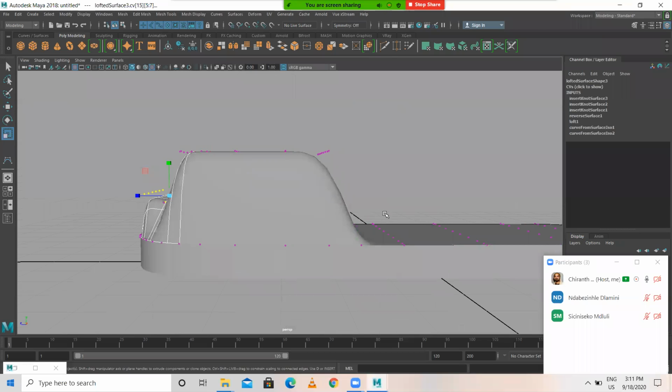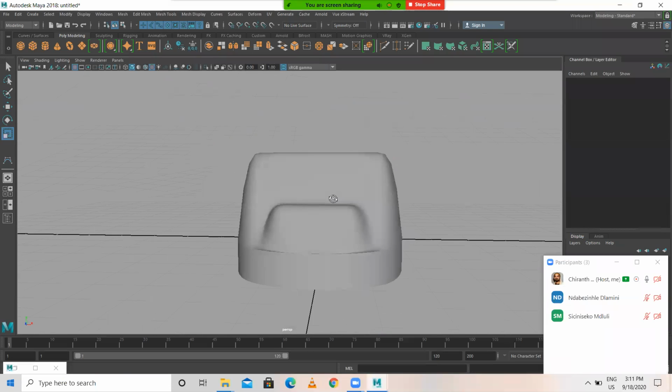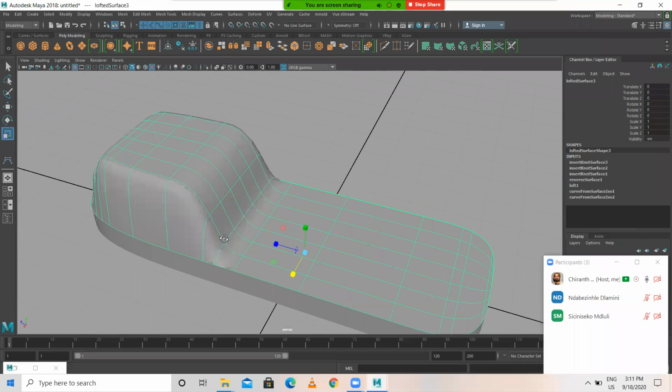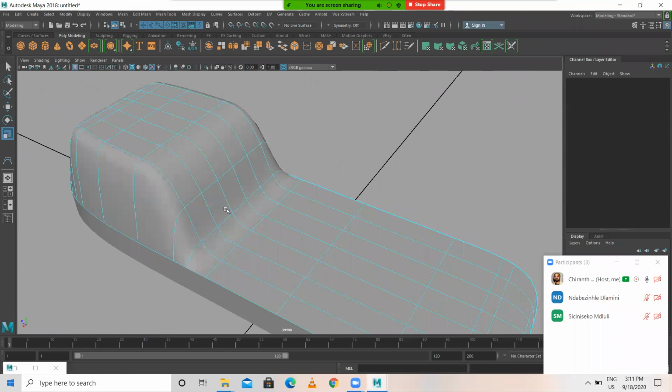Okay, some shape has been done here. Okay, like this. Then here I need to work on this. Go to isopalm.